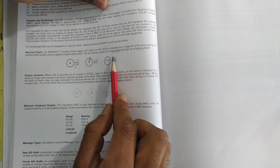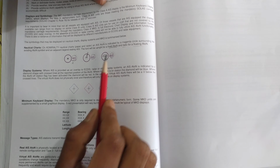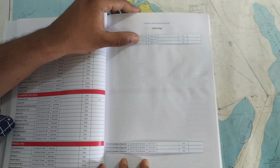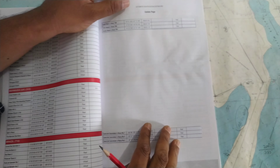Sorry, it's not virtual, it's floating A-tone. All the floating A-tones will have this mark. It should be in italics. After this comes, remember these are all the corrections, and in this book you have pages separately given to correct your corrections for